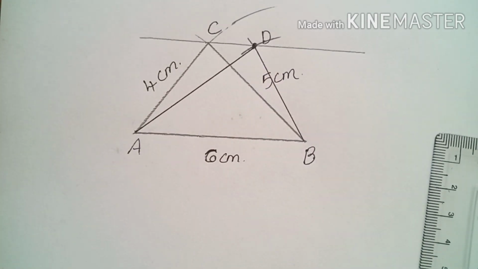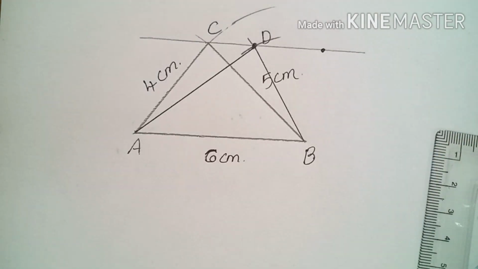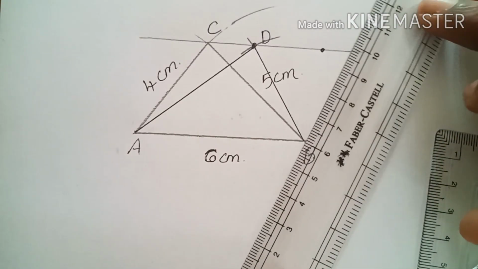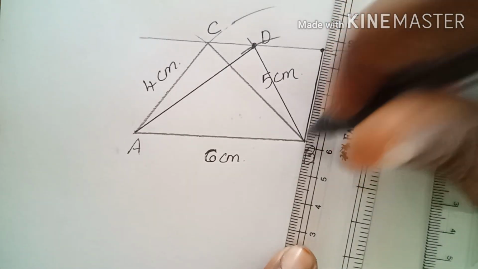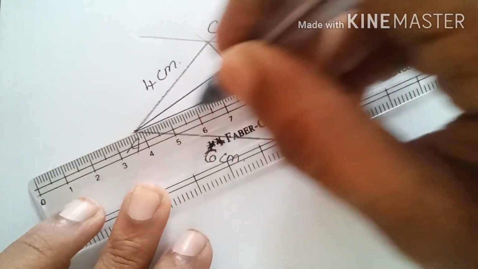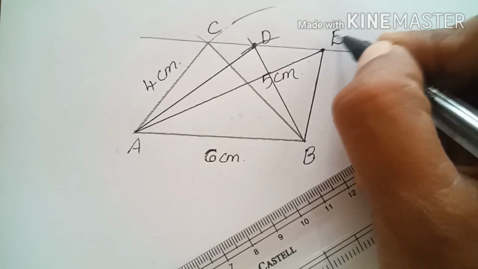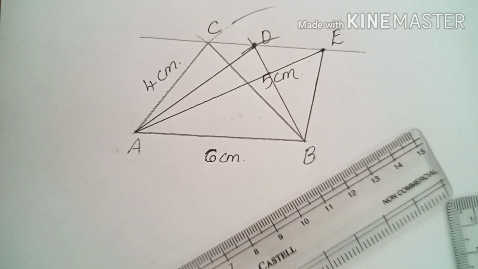So this is the method, and we can draw many triangles like this. You can take any point on the upper line. Like if you are taking this point, you have to join that point to B and A. Then you will get another triangle with the same area. So I am going to join that point to B like this. Then to the point A also. So this is another triangle ABE with the same area as that of triangle ABC. Like this you can draw many triangles. Anywhere on that parallel line you can take the point.